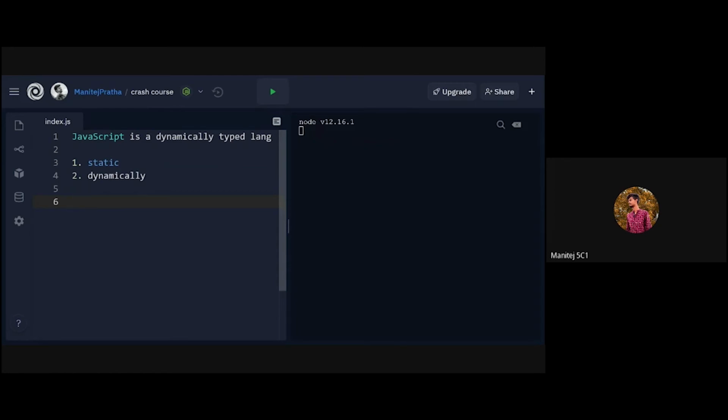Take an example of a C program. We will create a variable a equals 10, something like this, right? The value of a will be 10, which is of integer data type. So we need to pass the data type also in statically typed languages. But in dynamically typed languages like Python and JavaScript, we don't need to explicitly mention the data type of the variable. We can simply use it as let a equals 10. That's it. JavaScript will automatically assign the data type of a based on this value.